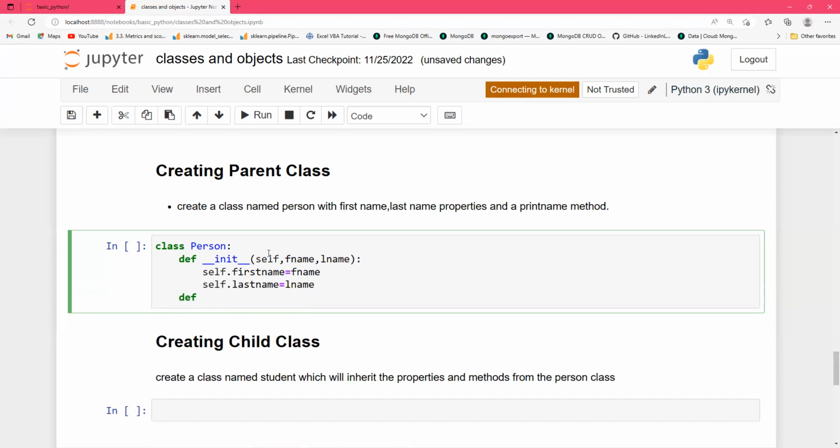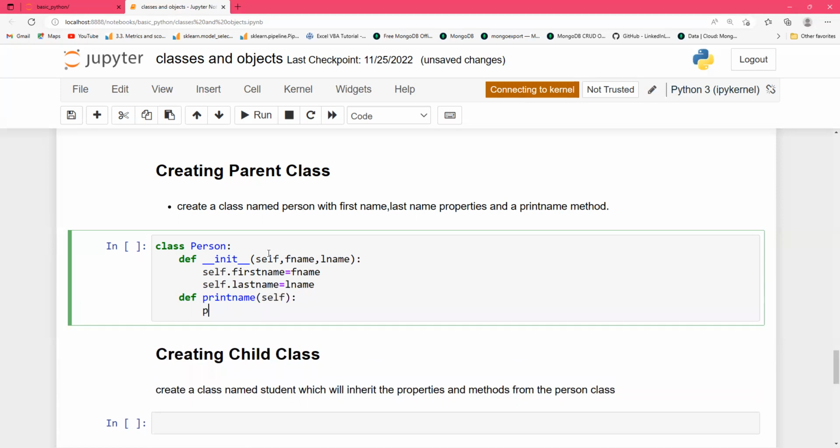Okay, and in this print name we have to give the self parameter. It's compulsory. Then I want to print the format. So which format do I want? I will print this one, guys. Let us see. So print